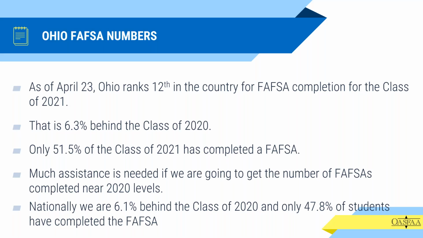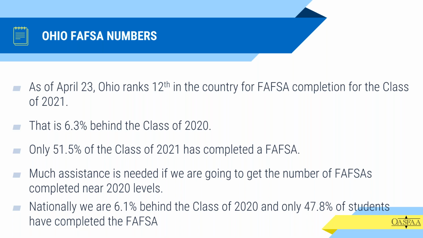All right, so let's talk about FAFSA numbers. So we've been hearing throughout the year that FAFSA numbers are down. The good news is that Ohio ranks 12th in the country in FAFSA completions for the class of 2021. However, we're 6.3% behind the class of 2020 in FAFSA completions. So only 51.5% of the class of 2021 have completed a FAFSA, and that is a concern for us in